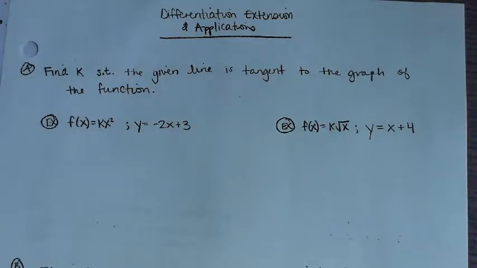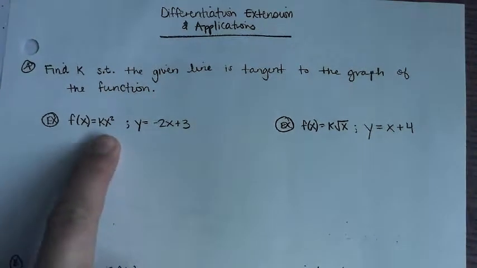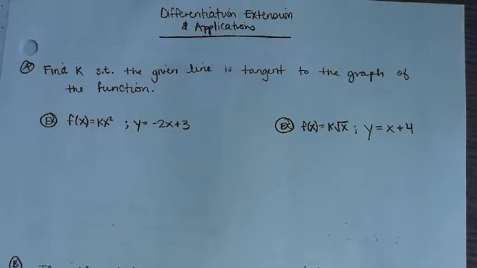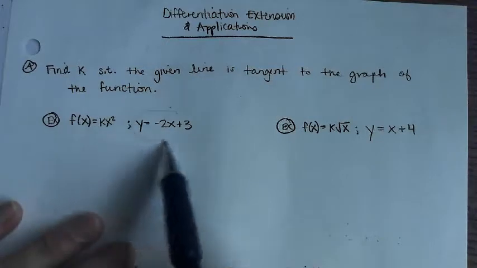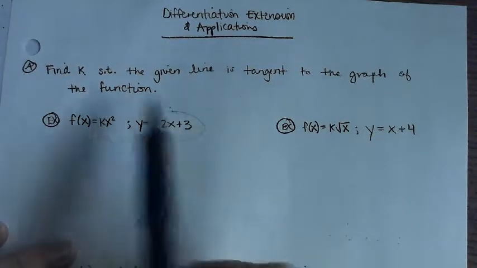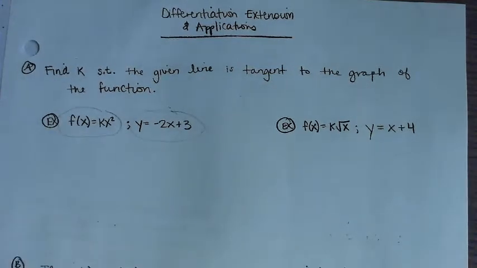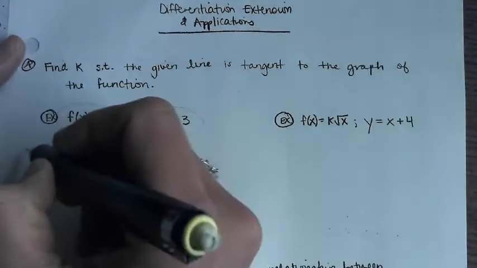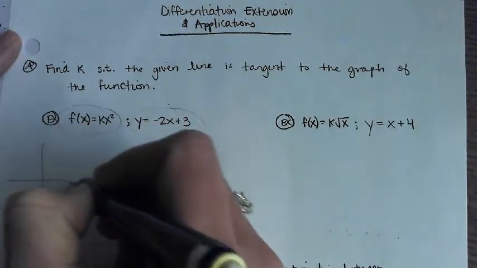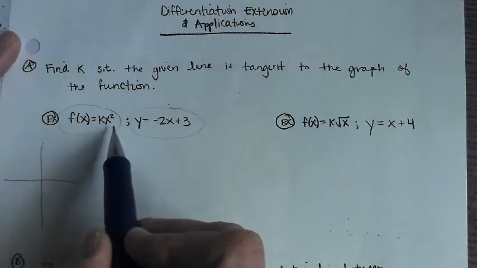We don't have the whole function. We're missing this k value. So we want to find what k would have to be in order for this line to be tangent to this function. So visually, just to wrap our heads around what's going on, we have some x squared parent graph